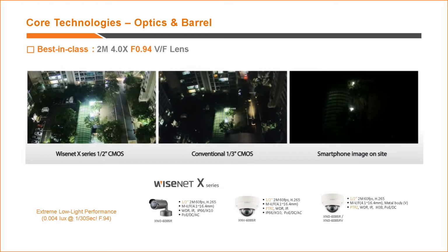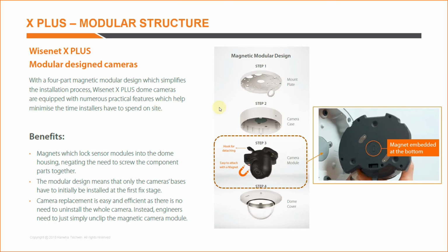Okay, but may not be good enough for the cameras. So for those low light regions, there are some special cameras with bigger lenses. Next is X Plus. X Plus is for if you have a project where you want to save some time